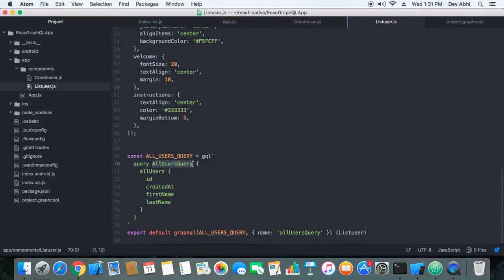And then there is the name, and following this is the query name. So query also has a specific convention. If you are trying to fetch all the data from the user schema, then the query name will be all users. If you are trying to fetch all data from the file schema, then the name will be all files. So this is the convention it follows, and the rest of the thing you will find very similar,